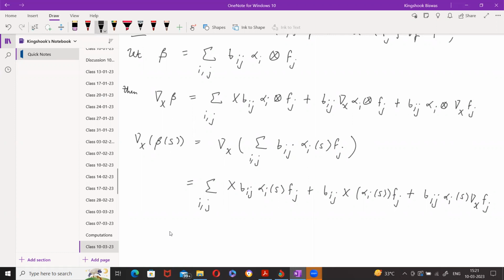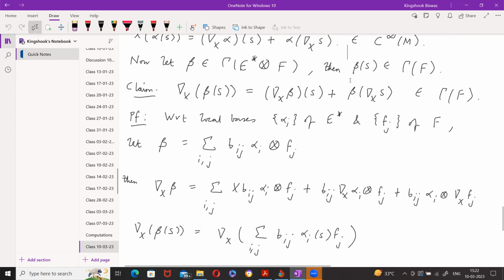Now, this term here, x applied to alpha_i of S, here alpha_i is a section of E star, S is a section of E. And so alpha_i of S is a function. So x applied to this function, we can use the Leibniz rule that we have for the connection on the